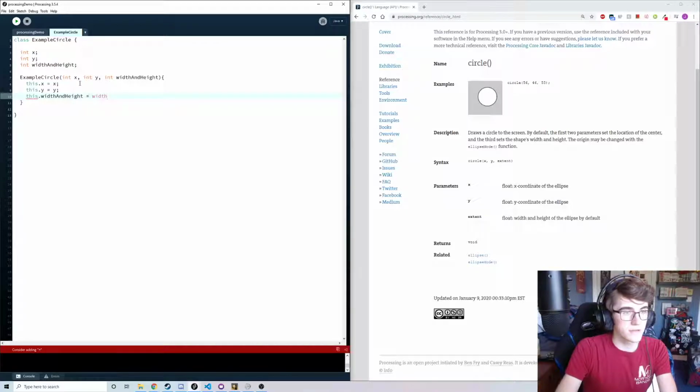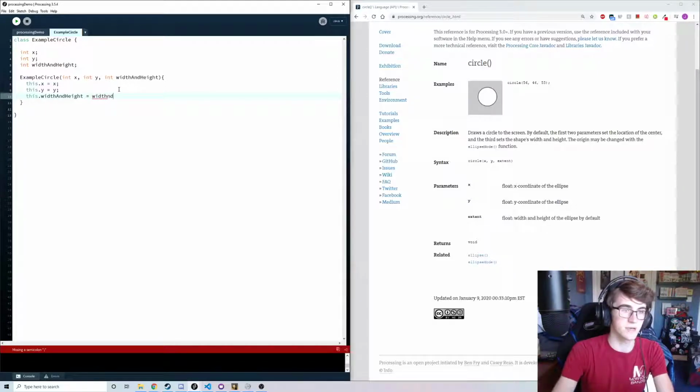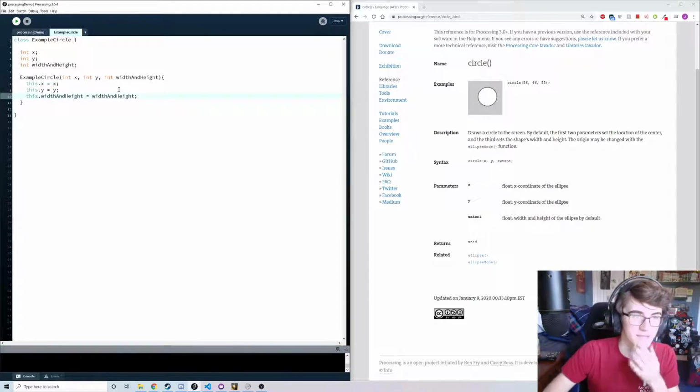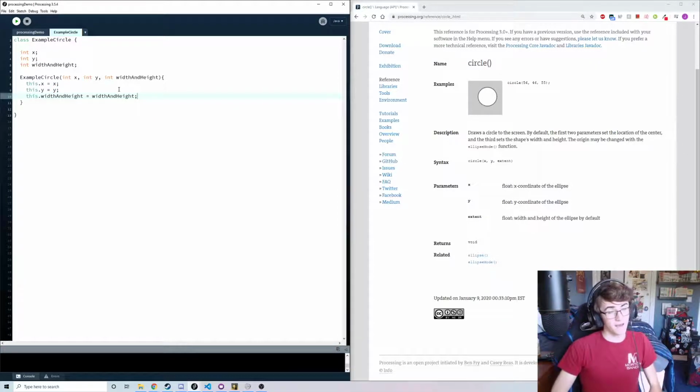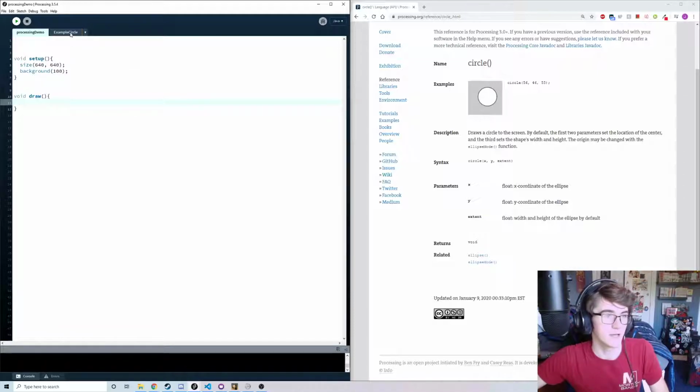So width, and you see when you just type width, it is a keyword in Processing, so you can't actually name your parameters that, or you'll have some issues. So I normally just name it width and height, or you just want to be careful about that if it lights up. So now you have a constructor, so you can make the circle, but you won't see it. You made a constructor for the class, so you have the objects to make a circle, but this doesn't actually draw the circle inside of main. So to do that,